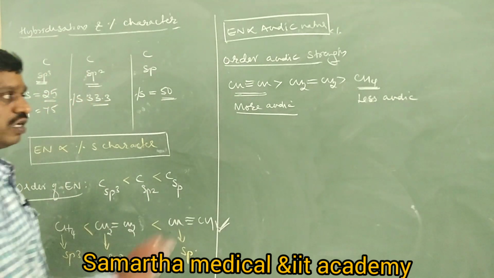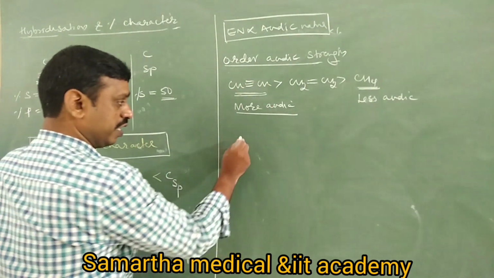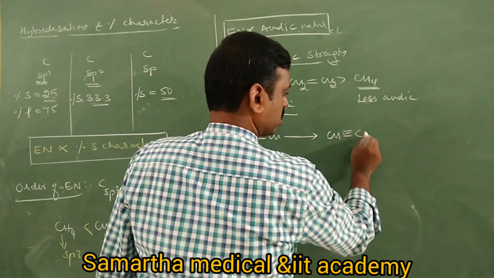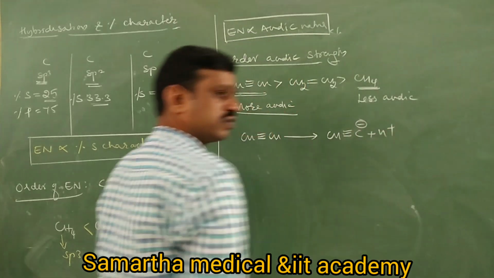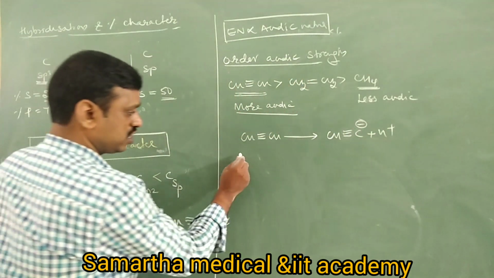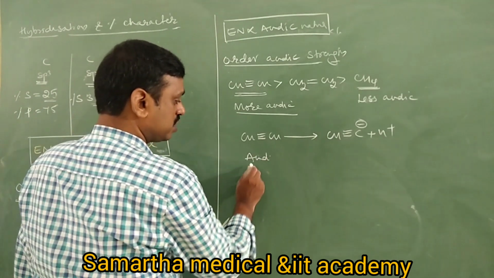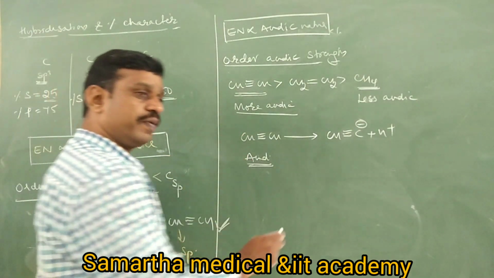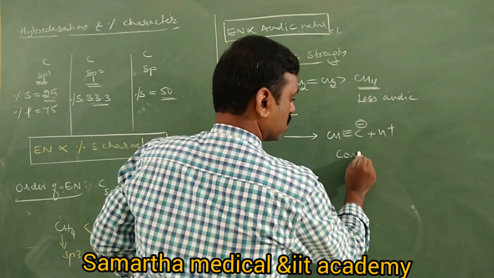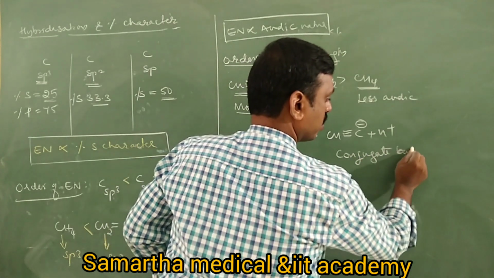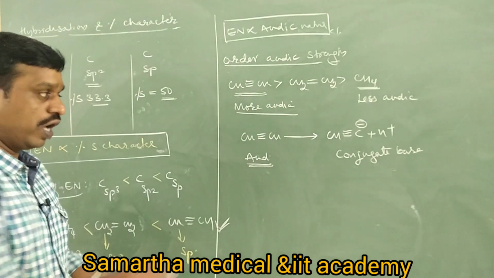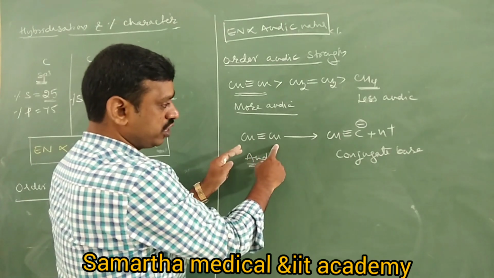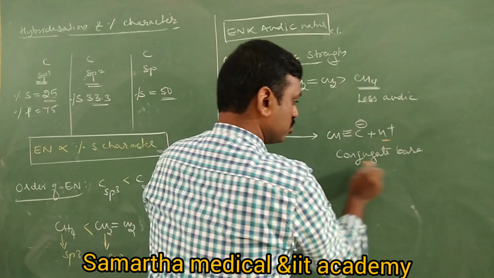But you also studied that more acidic means it can produce proton easily. Let us take CH triple bond CH, which can release proton, giving CH triple bond C minus and H plus. Right, this is an acid, no? Now acid, do you know acid always produces conjugate base? Do you remember the acid base concept? So acid always produces conjugate base. The acid is called acetylene, CH triple bond CH, and it releases proton to form conjugate base.